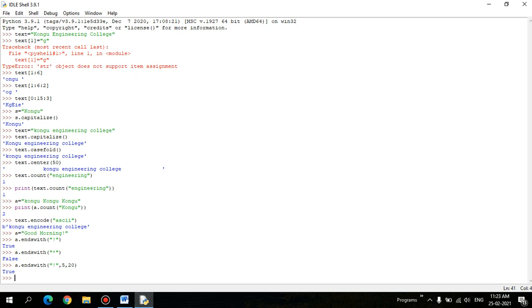And the next function, we'll go with text. The next one is expandtabs. Here expandtabs takes a tab size.